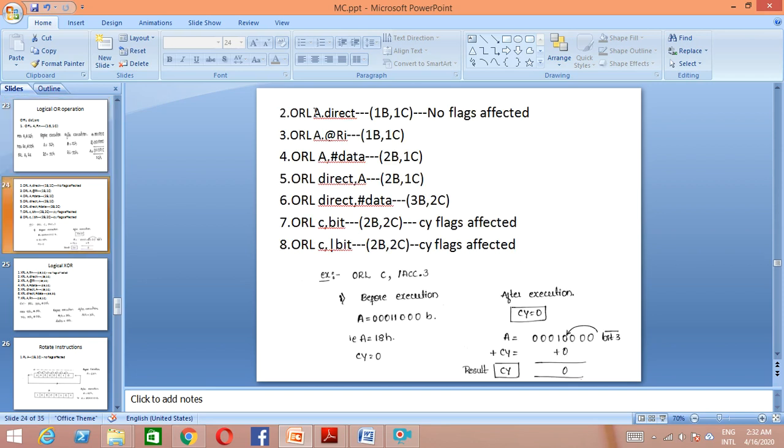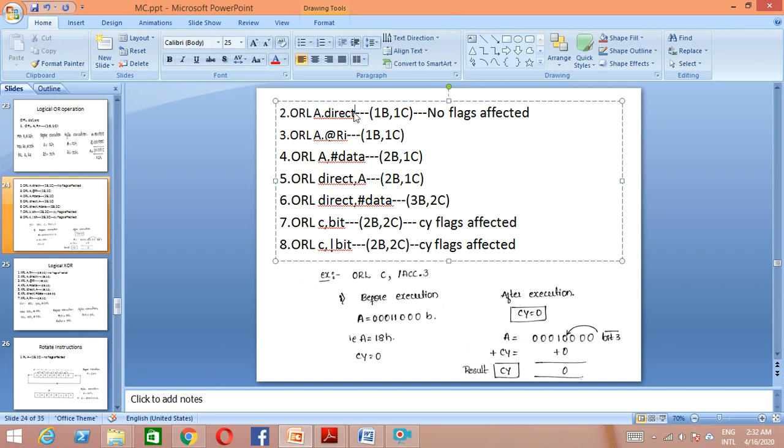Similarly, we have logical OR with a comma direct, which can be an address. As I previously mentioned, it can be an address, like 70H. Within that 70H I will be having certain data, for example some 00 on 70H. So 00 is ORed with the content of the accumulator. Again that result will be stored in the accumulator. And as we discussed, if the flags are not involved, then there won't be any flags affected. Here also no flag is affected. You can perform all the operations like this.